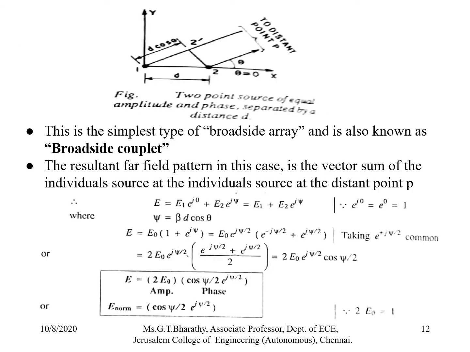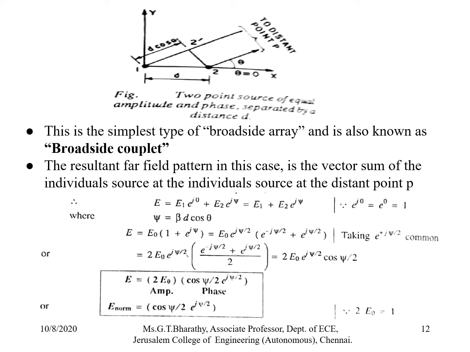The simplest type of broadside array is called the broadside couplet, where the diagrammatic representation is given in the diagram, where the point source 1 is taken as the reference. So 1 and 2, 1 is kept at the origin, and at a distance d the second point source is kept. This type of representation we call a broadside couplet,